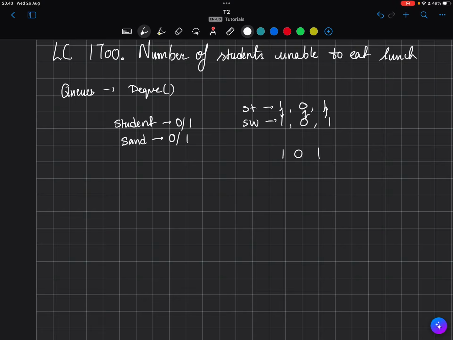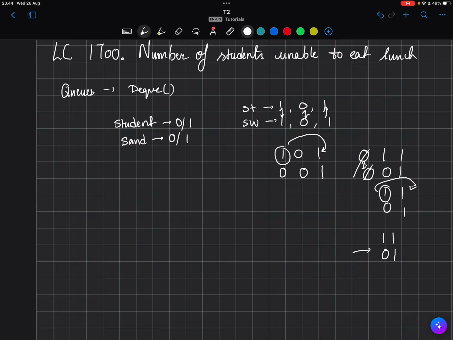But in the case where it isn't equal, this student is very considerate. He'll move all the way to the back, right? And he would push everything else left. So it will now look like 0 0 1 1 0 0 1, and then we would see these two match, pop those two, 1 0 1 1. This guy does not see it, he goes all the way to the back, comes all the way,